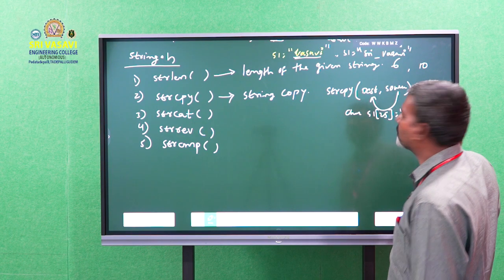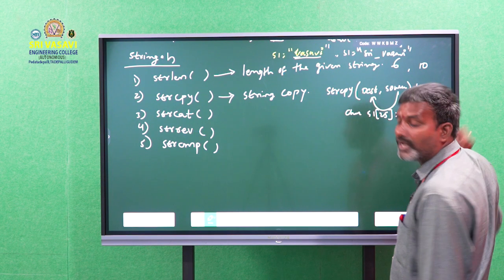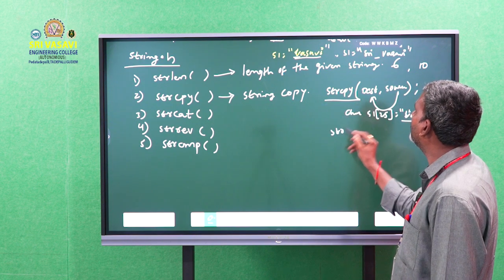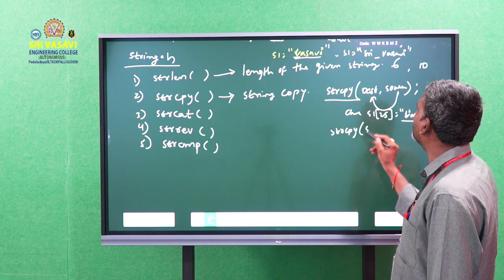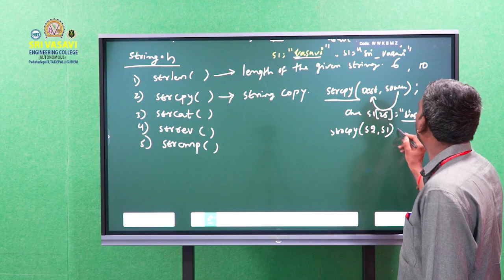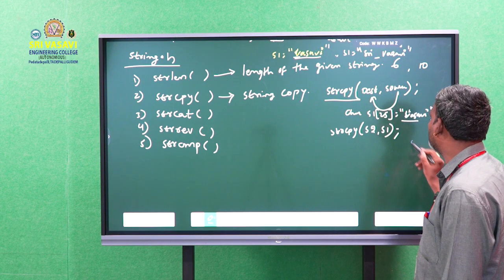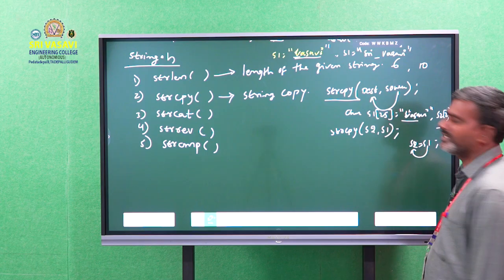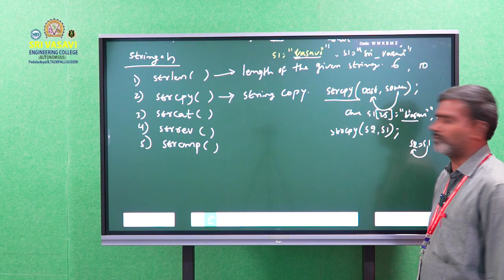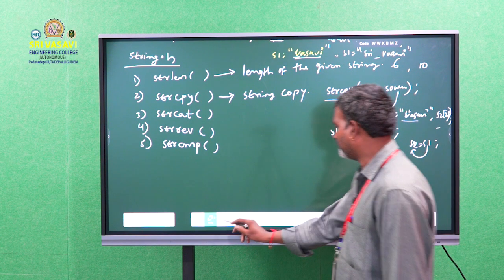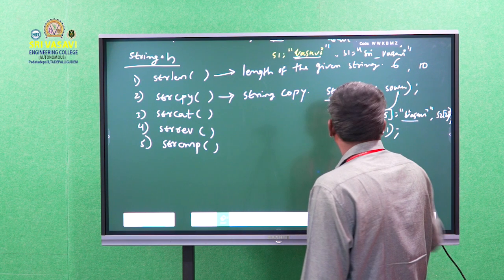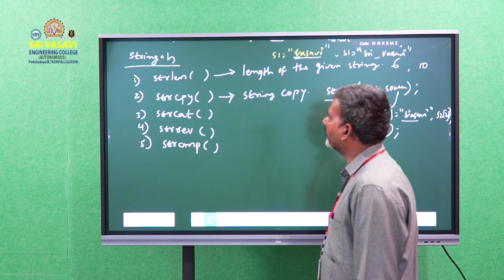I want to store Vasavi into the s2 value, so I use the strcpy command, strcpy of s2 comma s1. That means s2 is equal to s1. So the s1 value is stored into s2. Okay, then next one,